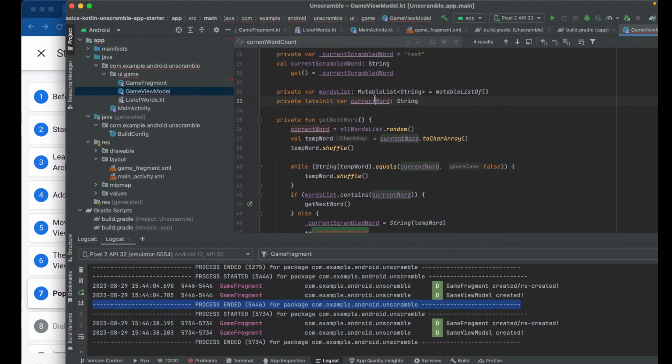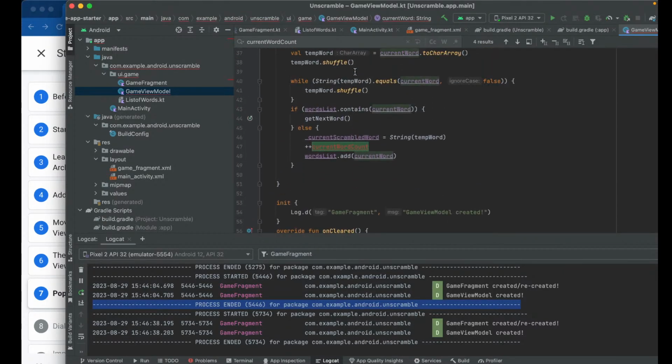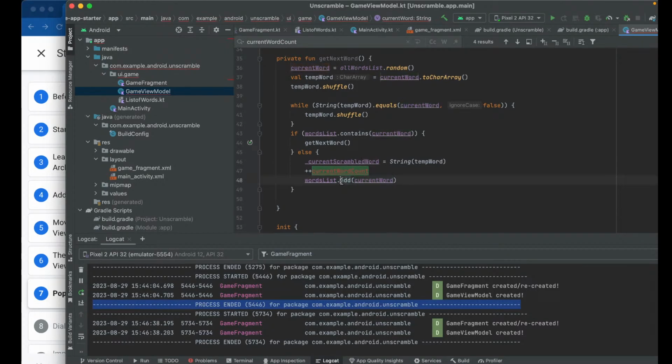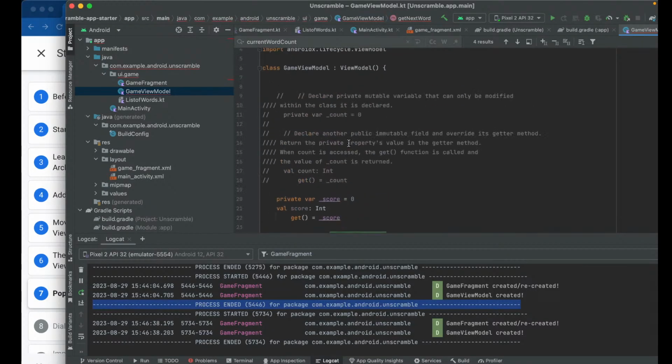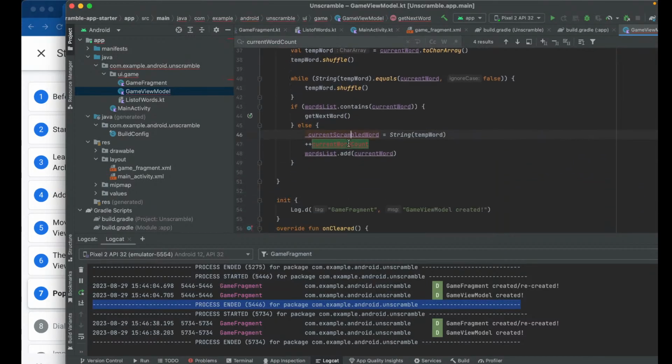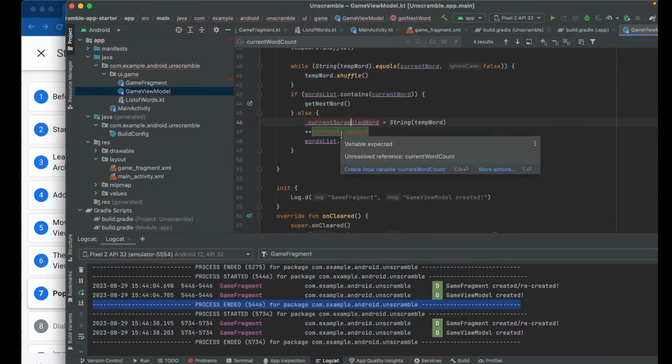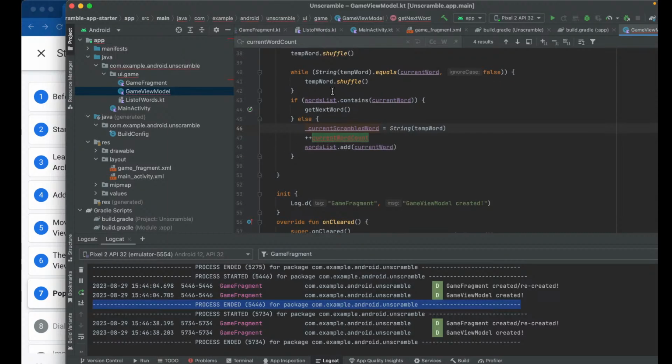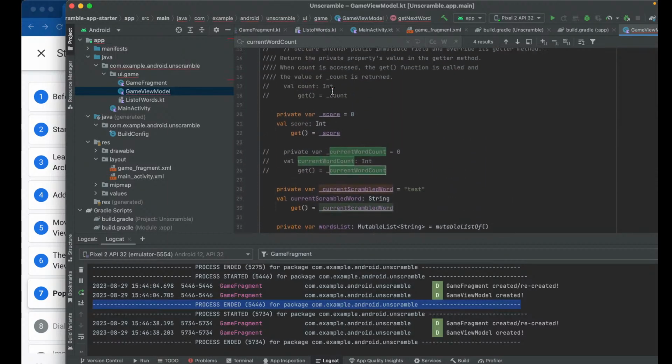So we're going to do it outside the view model. So we do it in that way and declare it in that way. And so I was just saying variable expected undefined reference current